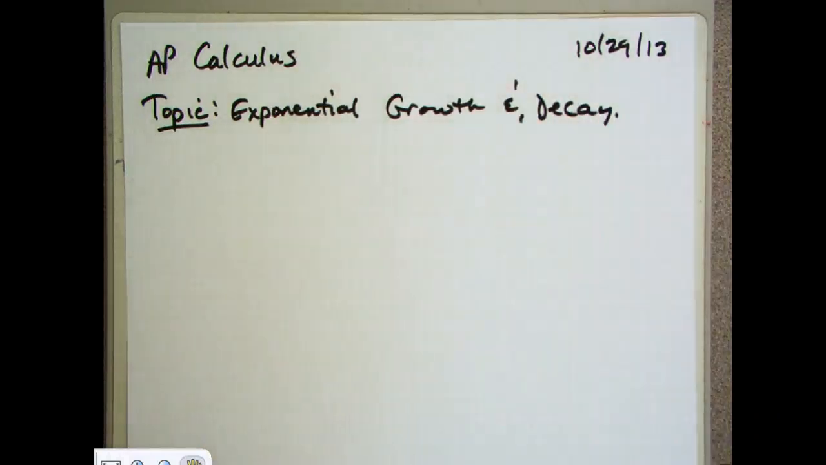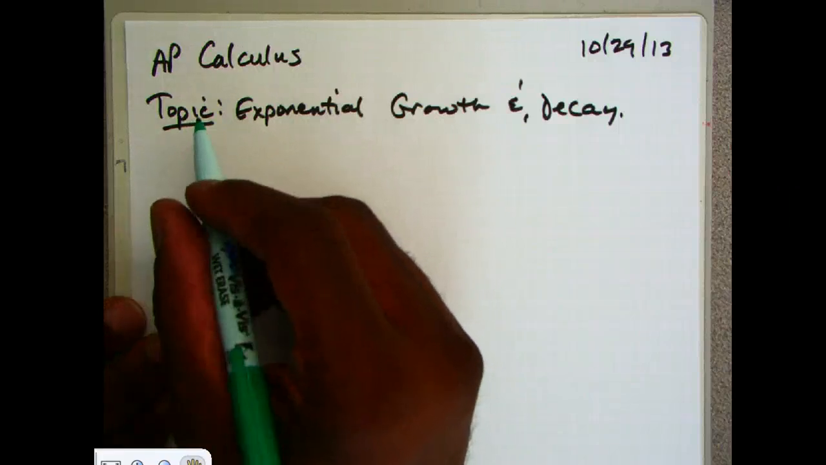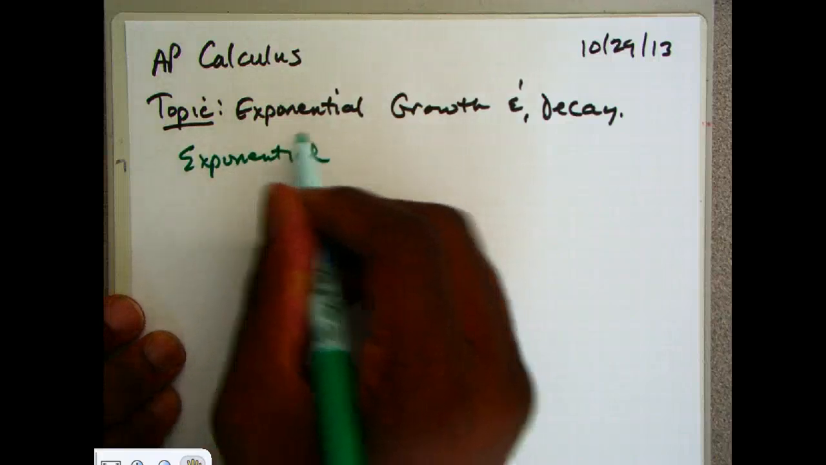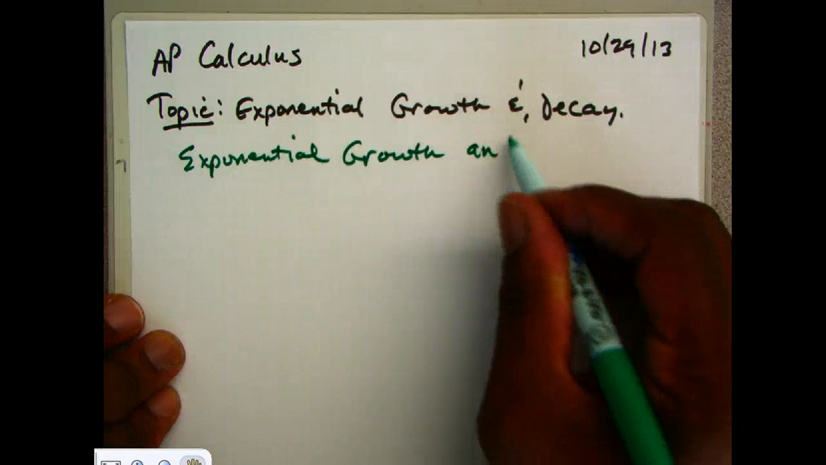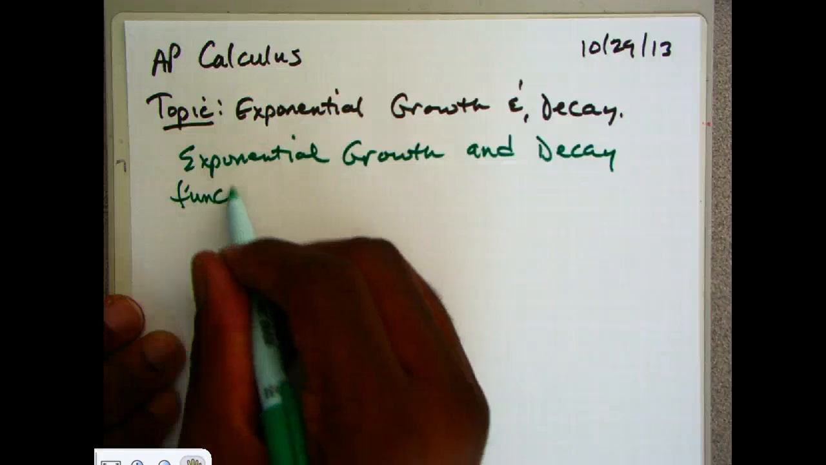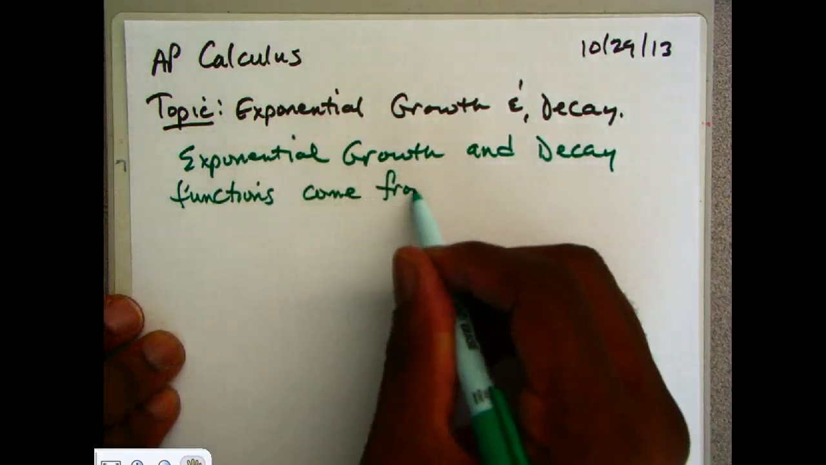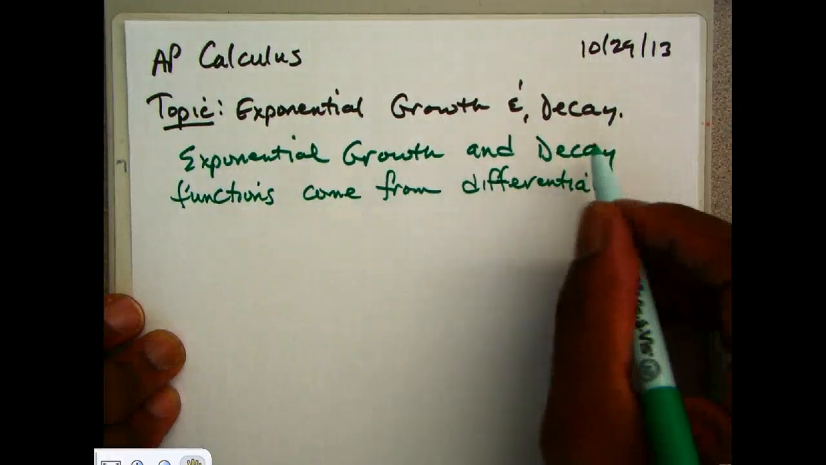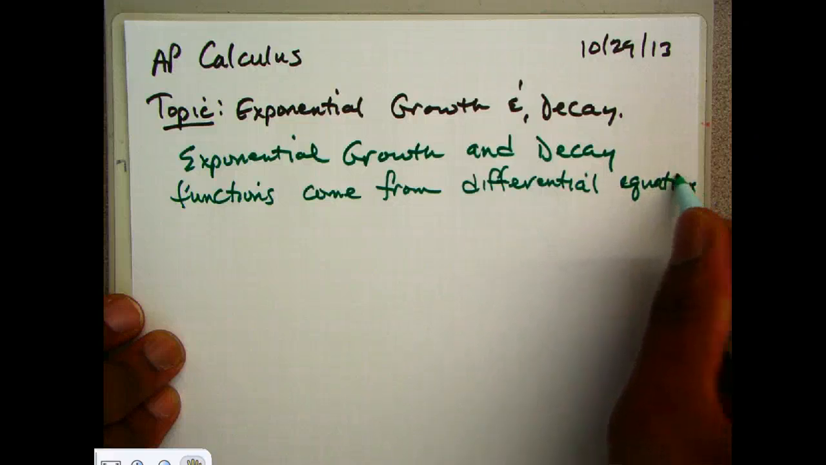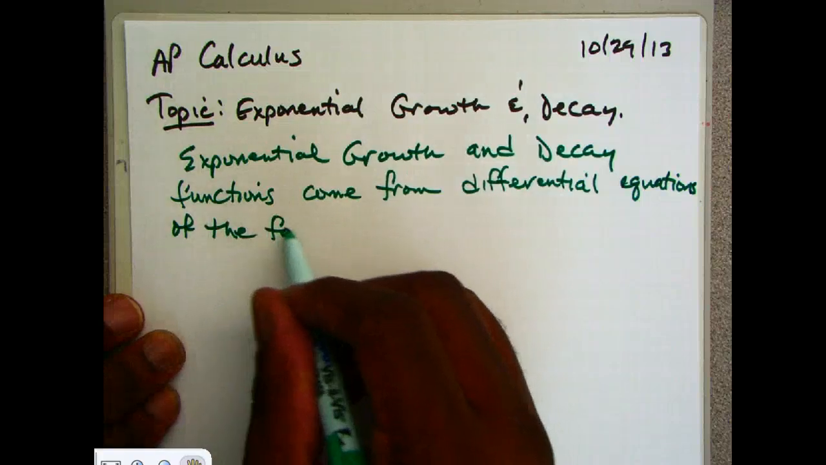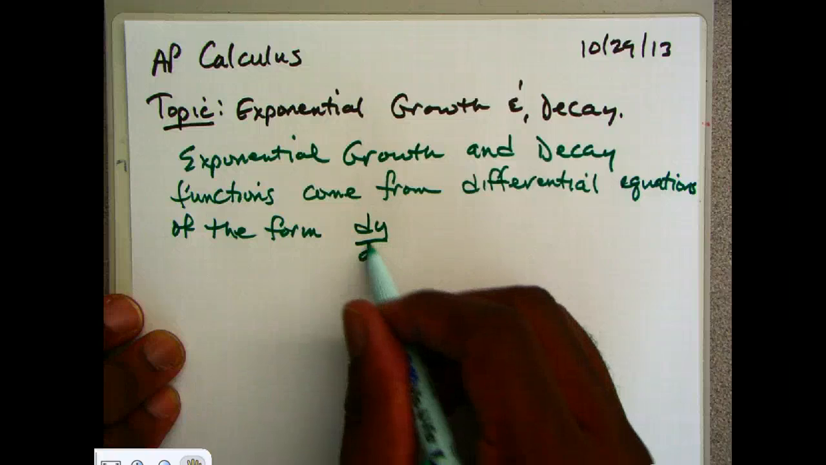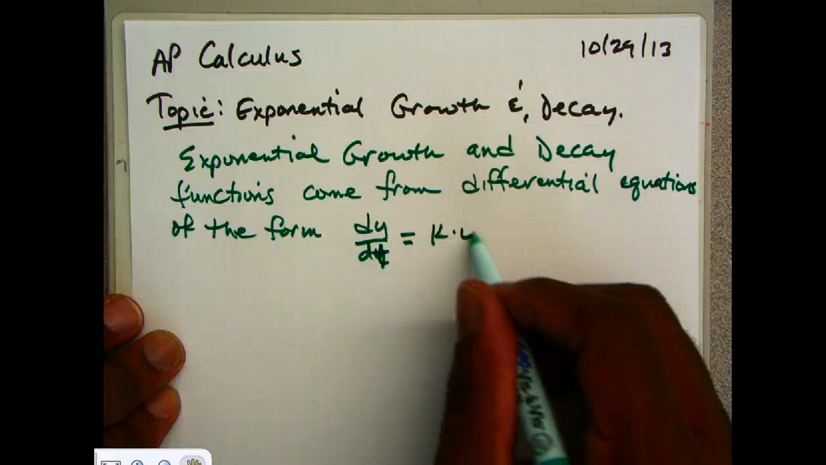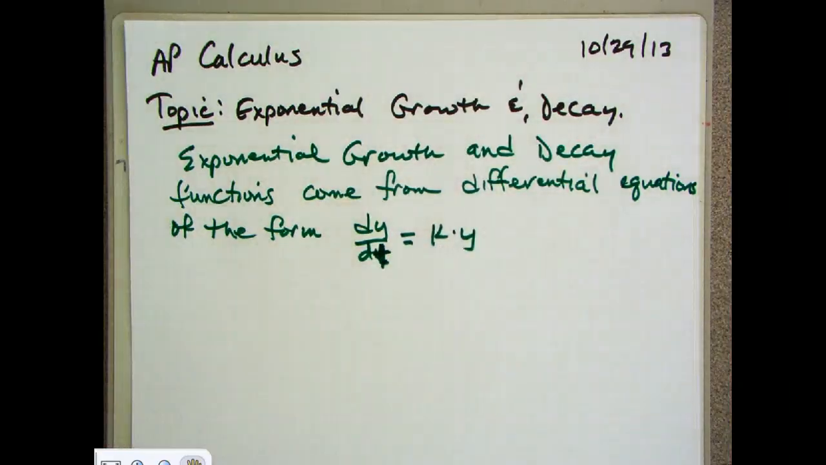Okay. All right, so exponential growth and decay functions come from differential equations of the form dy/dt equals k times y, where k is a constant. So starting with dy/dt equals ky,